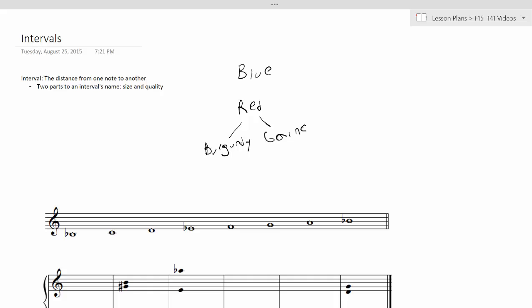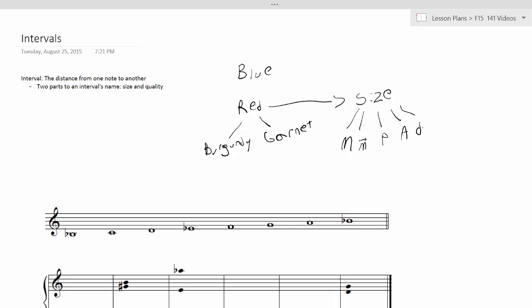I'm from FSU, so I have to say garnet as a shade of red. Size is kind of like the broad category, okay, and the qualities of interval are kind of like the different shades. Okay, so it's going to turn out that there are 5 different qualities of interval: major, minor, perfect, augmented,